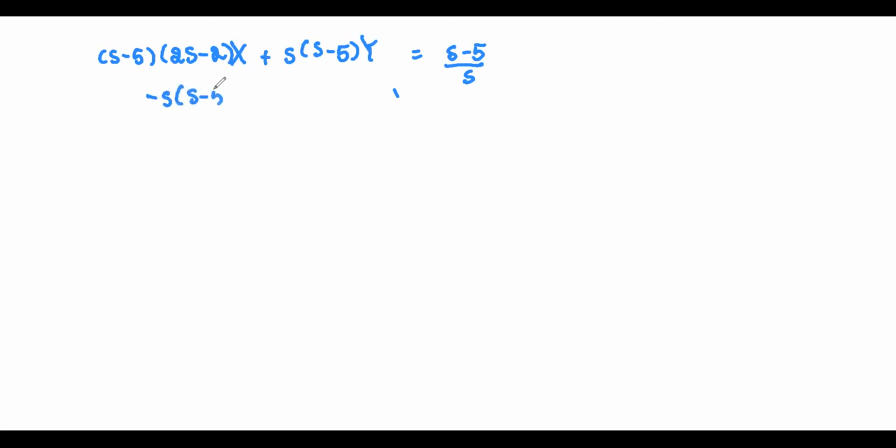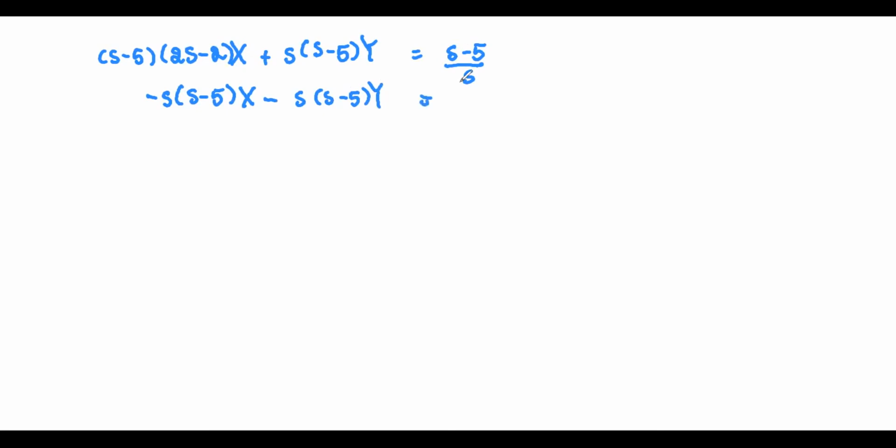So now I have (s − 5) times (2s − 2) capital X plus s times (s − 5) times capital Y equals (s − 5) divided by s. S is going to be everywhere. The second one is negative s multiplied by (s − 5) multiplied by capital X minus (s − 5) capital Y equals